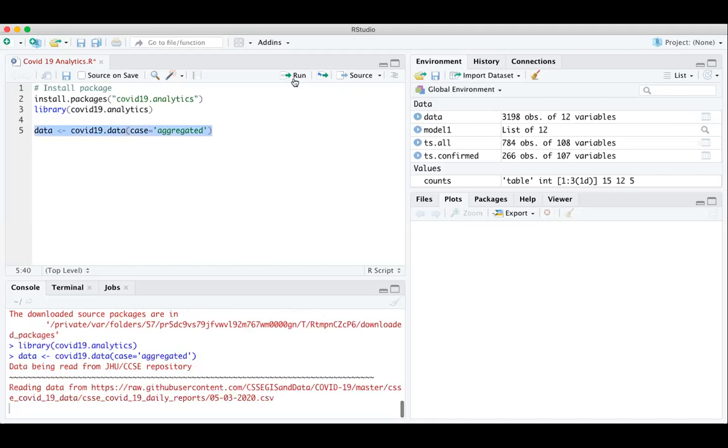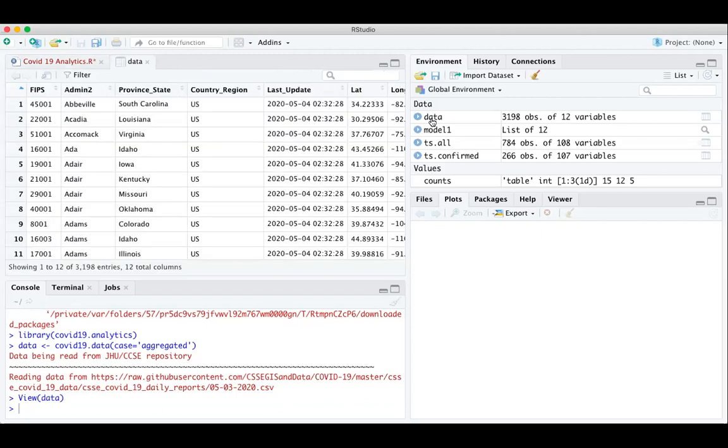Let's run it. You can see that the package already has a CSV file, and now it comes as the 3rd of May 2020 CSV. Now the data is loaded into the data variable. On the right-hand side, you can see data as an environment variable.